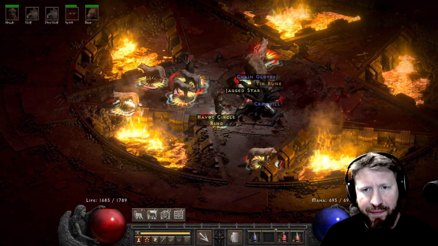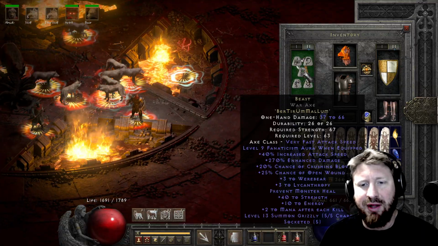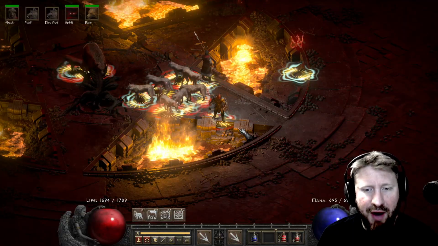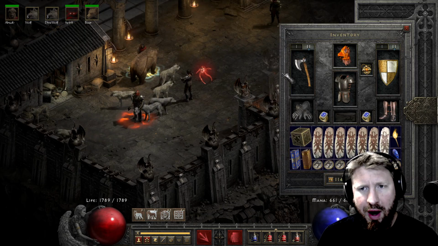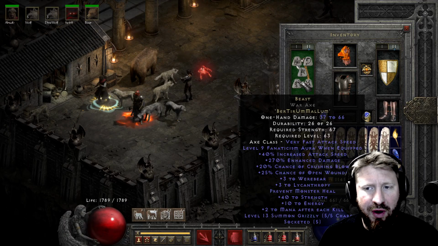Okay, so you've seen that. Now watch this. On Switch here I have Beast, level 9 Fanaticism. So we're gonna spawn all our minions, we're gonna switch over to this, and we're gonna see how that compares. Alright, let's run the chaos again. So we have all the minions spawned. I have Beast now in the main hand in a War Axe, level 9 Fanaticism aura when equipped, which